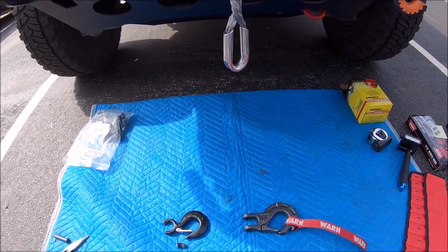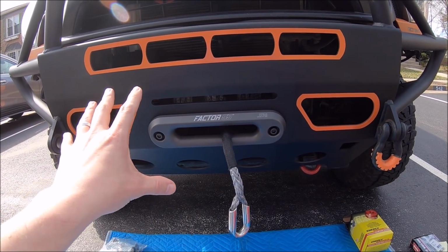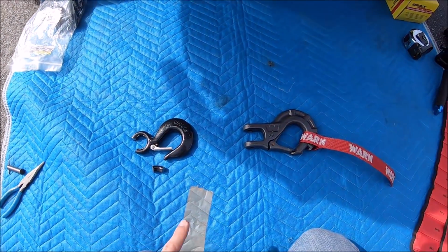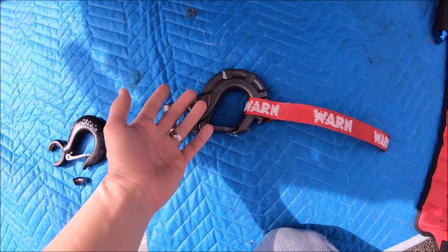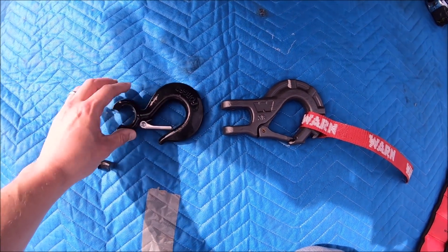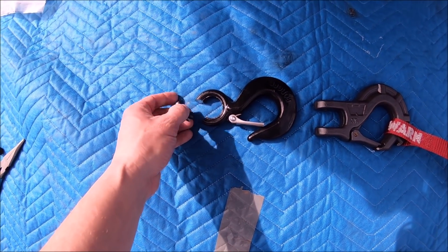Alright, the next thing I'm adding today, even though I do have a Smittybilt winch, which I'll go over in a future video, I am adding some Warn accessories to it. The first being one of the Warn, I think it's called the Super Hook. This thing is super stout, and my favorite thing about it, you can see it compared to the hook that came with the Smittybilt winch, which we did have to cut off because you can see